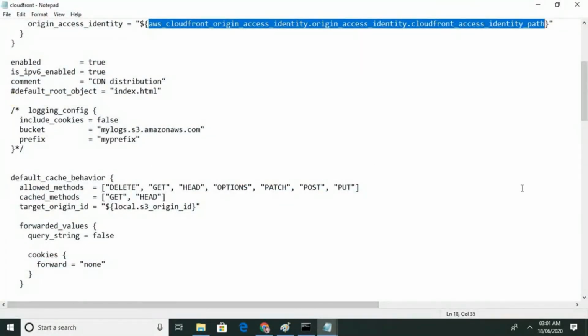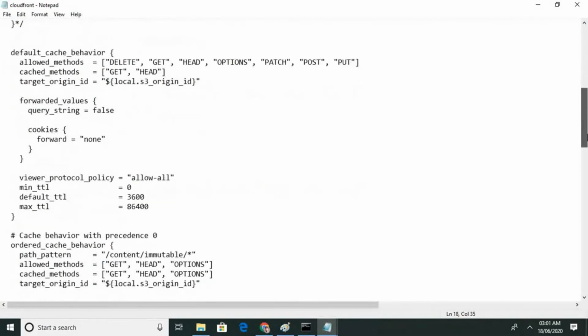So here the cache part comes. In a cache, what allowance do you have to give? You have to give delete, get, add. These are the allowances you have to give. And target origin: what is the target? Everything is coming from the S3 origin.